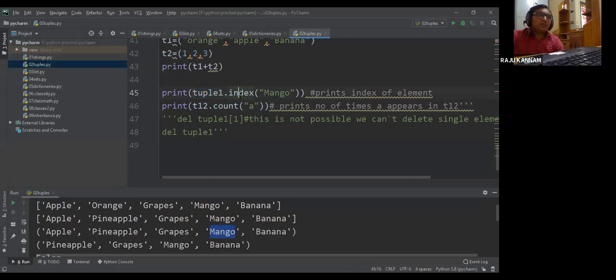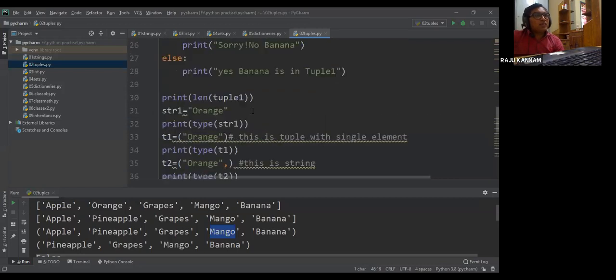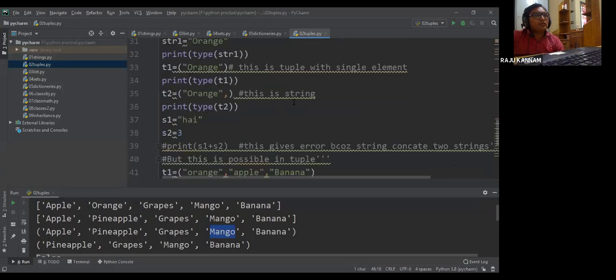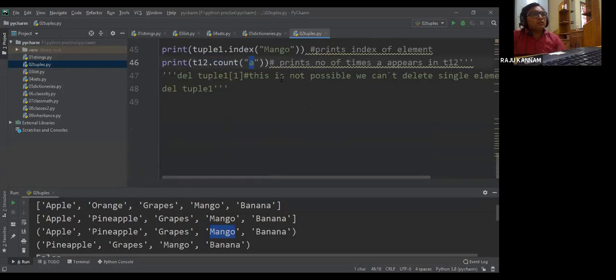Of course, this will be clear in your next class, the OOPS concepts, maybe from Wednesday we'll start OOPS concepts. So how many times is A there here? 3 times. So it will print 3. Mango is at index number 3, and A is repeated 3 times.